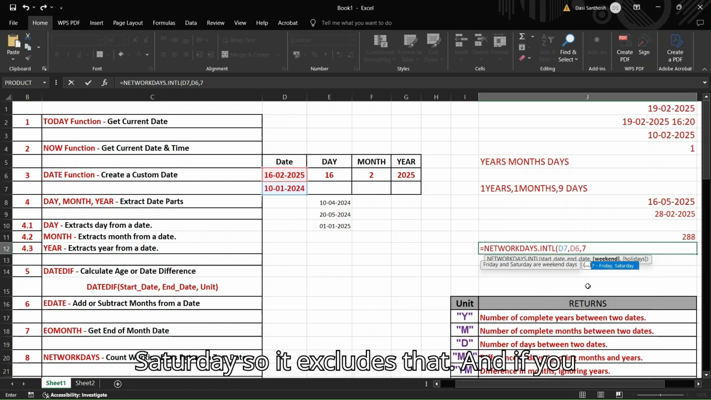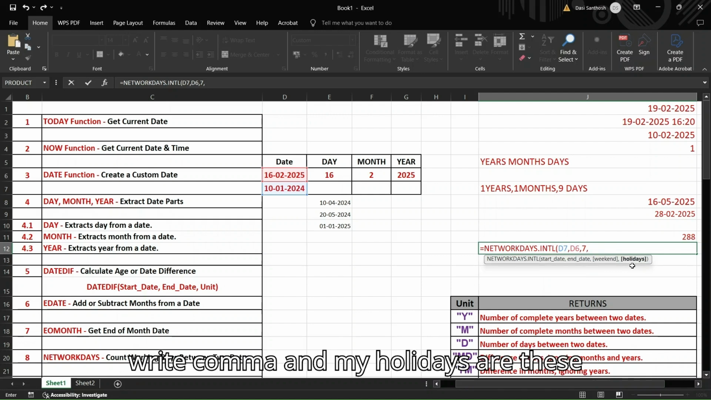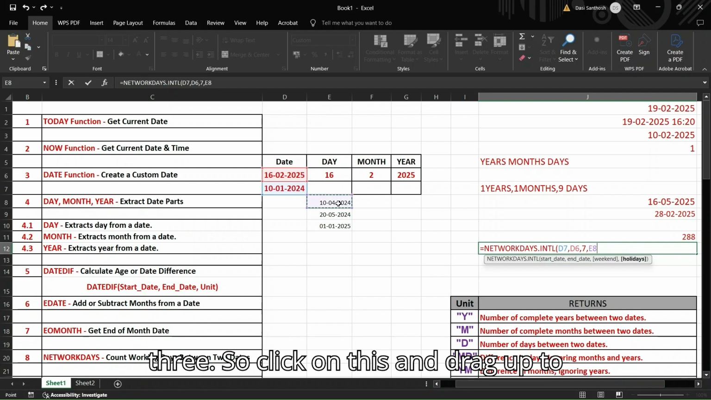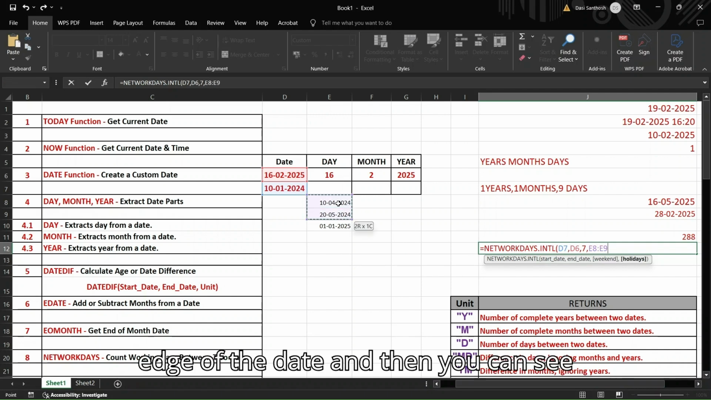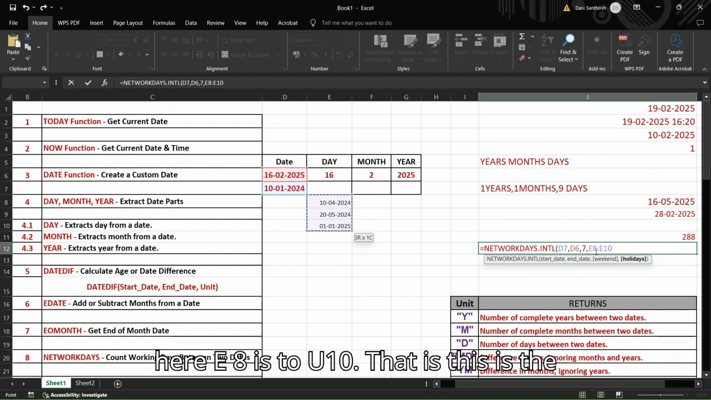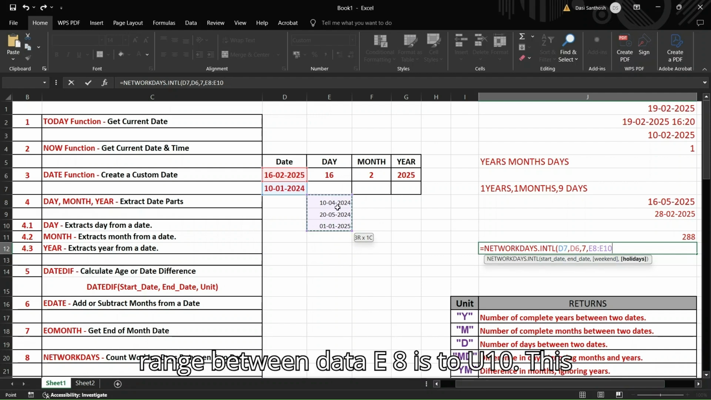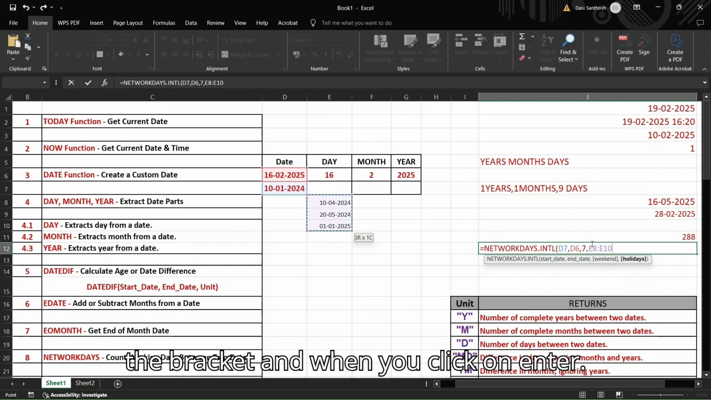So it excludes those days. And if we want to add holidays, we need to write comma. My holidays are these 3, so click on this and drag up to the end of the dates. Then you can see here E8:E10, that is the range of data. E8 to E10 are the 3 dates, and when you close the bracket and click on enter,